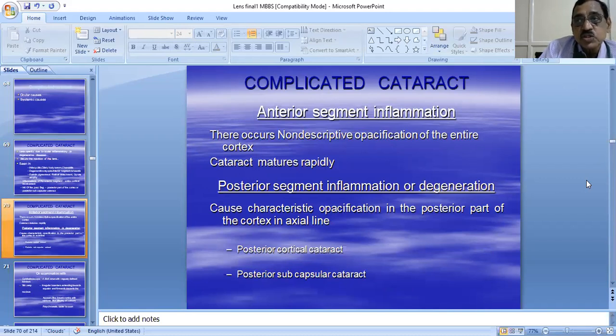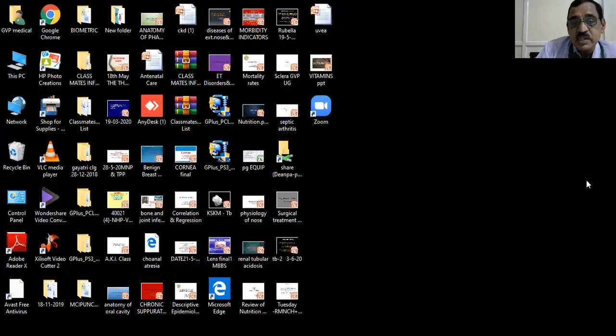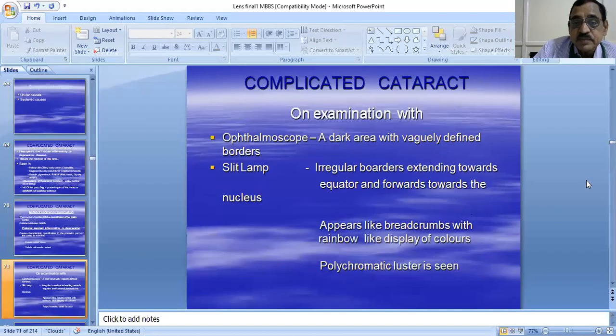Cataract matures very rapidly in these cases, with posterior segment inflammation or degeneration. It causes characteristic opacification in the posterior part of the cortex in the axial line. Posterior cortical cataract or posterior subcapsular opacities are formed in case of posterior segment inflammation. On examination with an ophthalmoscope in complicated cataract, we see a dark area with vaguely defined borders against